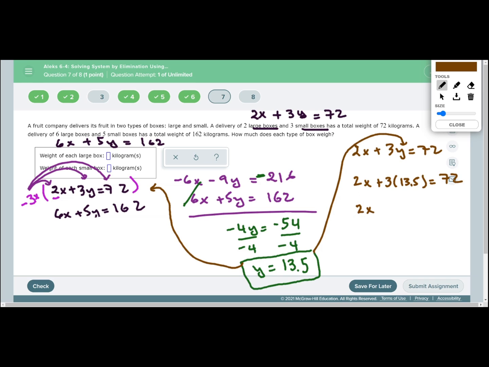So 2x plus 3 times 13.5 is 40.5 equal to 72. Then we subtract 40.5 on both sides. 2x equal to 72 minus 40.5 is 31.5. And we divide by 2 on both sides. So x equal to